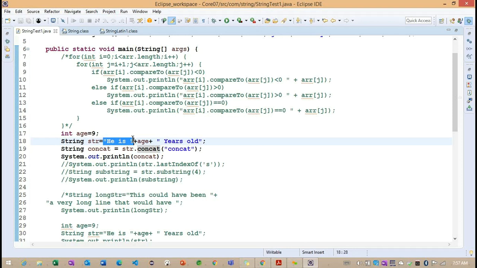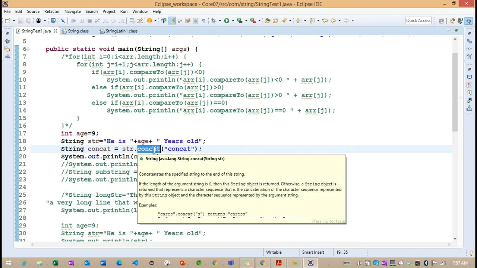Before the existing object here. So this is very important. We need to understand here. Okay. So this is the purpose: to append the information to the existing object, we can go for the concat method.